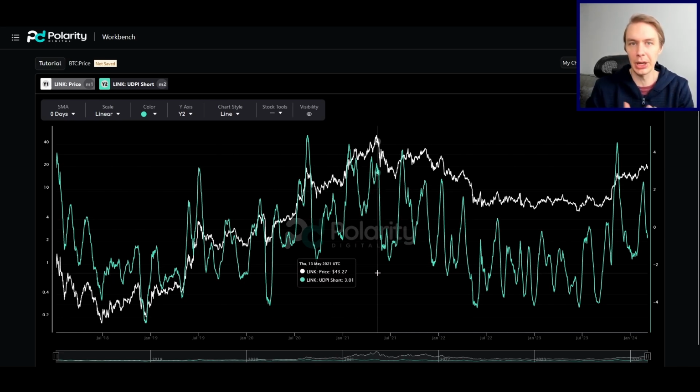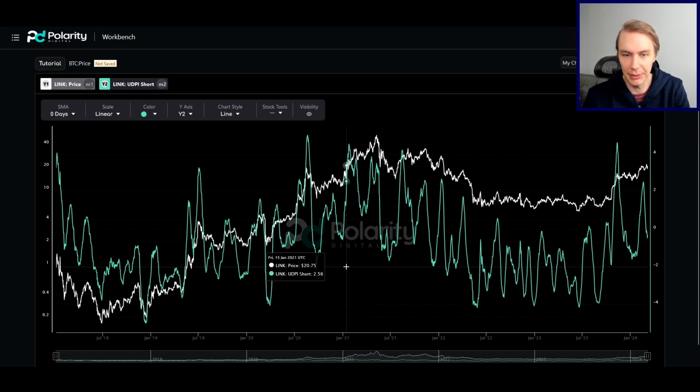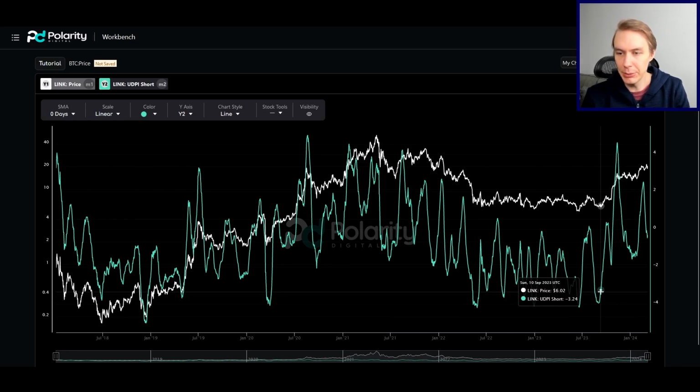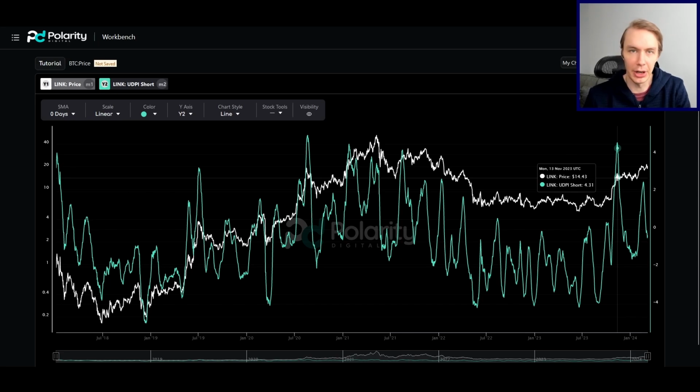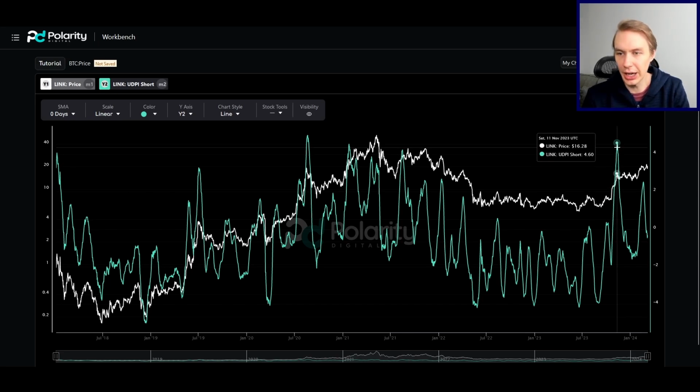It cares about moves that play out over days to weeks, so it's shorter in the time frame that it's looking at. As you see, it does a really good job of capturing these low points, these local lows before big moves to the upside, and also these local tops before moves back down. More recently, in that first leg up that we had in October into November of last year, it got really high, above 4. The max on this scale is 5. So we were very much chewing up the vast majority of its realistic upside potential in that moment.